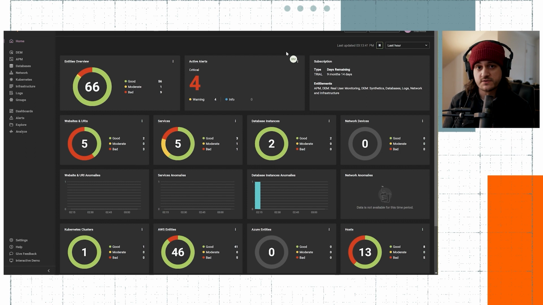And one of the ways that we do that with the SaaS observability solution is we have a layer of AI and machine learning on the back end. So every time you add something to that platform, we baseline the performance, we establish what the normal performance behaviors and patterns of that thing are. And then when they start to deviate from that norm, we can bubble that up to you in the form of anomaly detection. So we'll let you know when things are starting to act differently.